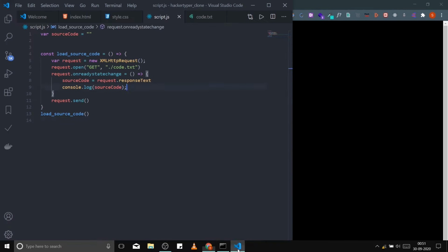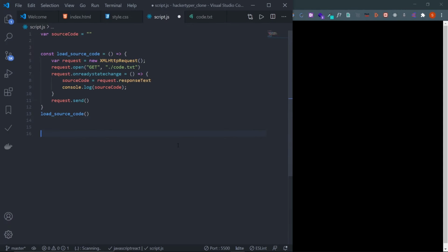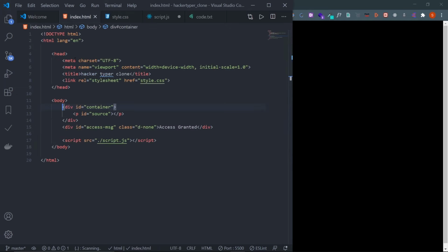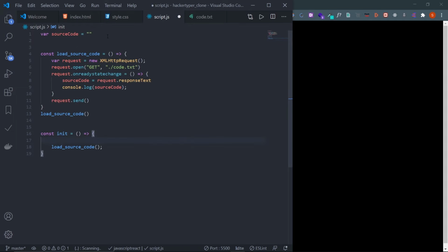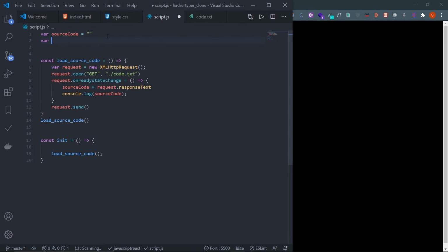Let's see the second step, but before that I want to make an initialize function. So let's make a function which is init, and just call load source code. I also want these elements, the source, container, and access message, all the elements using JavaScript, so that we can modify this later. So let's create three variables, var source container for the container, then source element, and the third one is access message